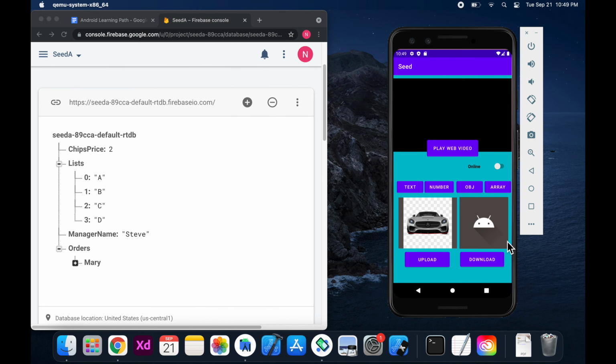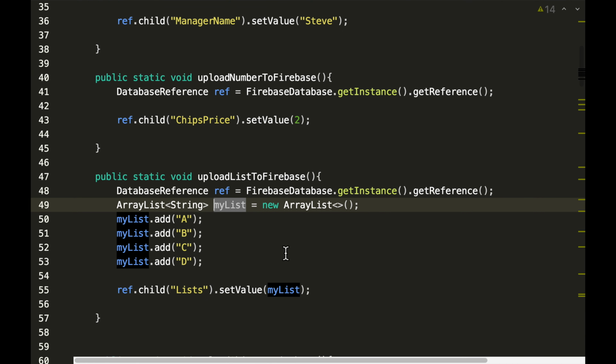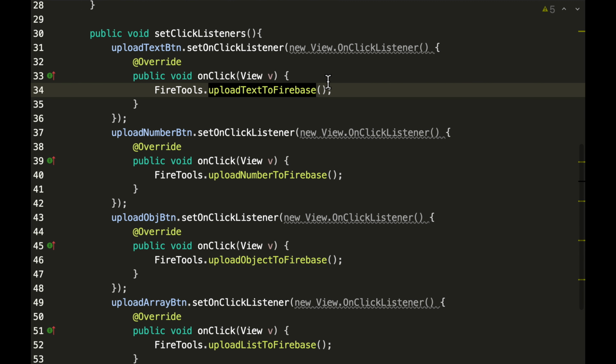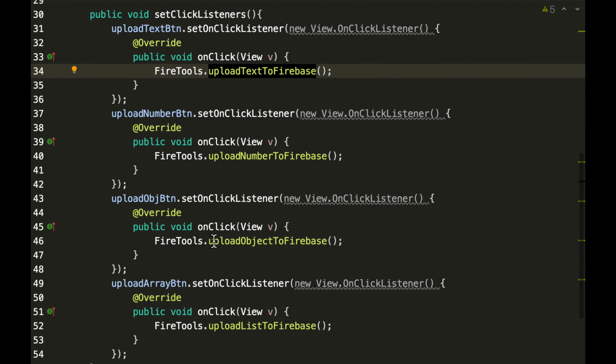So the next thing we're going to do is to demonstrate how to get these values. So if we want to get these values, how do we do it? So let's go ahead and test that out. So we have our buttons for text, our buttons for numbers, our buttons for object and array. I'm going to test out